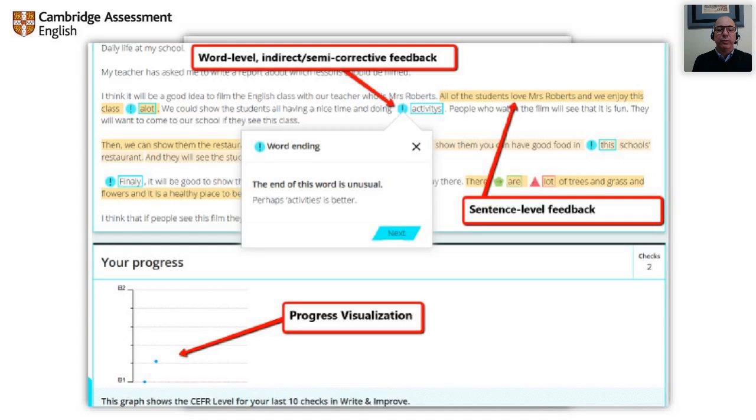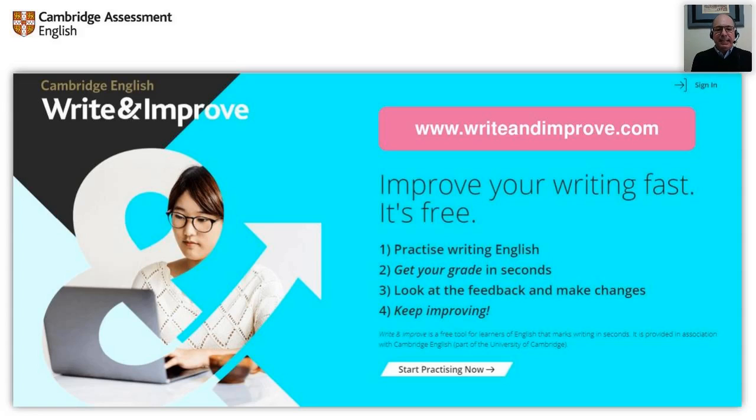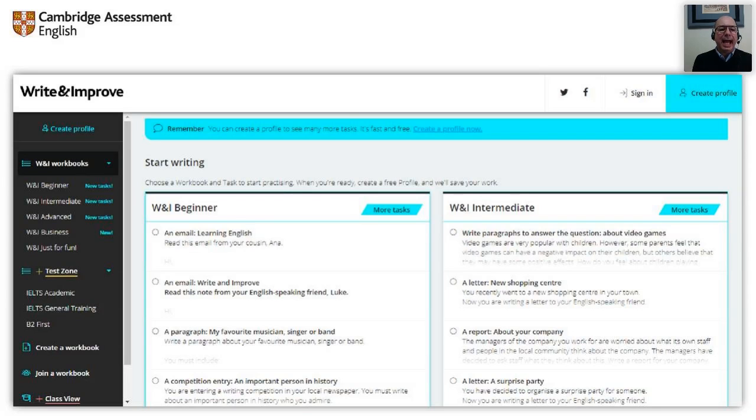Also, the platform will give you visual feedback by showing your progress through a graph. So the more versions you submit, you can visualize your progress through this graph here. So it gives you detailed feedback and in different ways. Visual feedback, highlighting parts of the text, those short comments, summative assessment, and formative motivational assessment, and a grade on prompt relevance, right? So let's go to the platform, writeandimprove.com, click on Start Practicing Now, and this is the